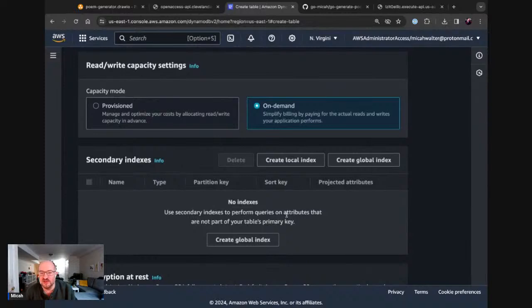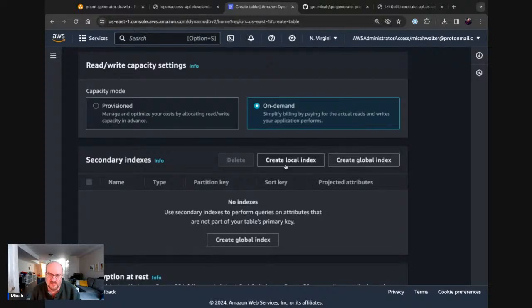Secondarily or optionally to that, you can create a global index. A global secondary index, or a GSI, allows you to create another index based on a completely arbitrary partition key. So you can have a completely different way of looking up items in your table. And that's what we were trying to do last time: create a global secondary index that allows us to look up items by that accession number field that we were talking about last time.